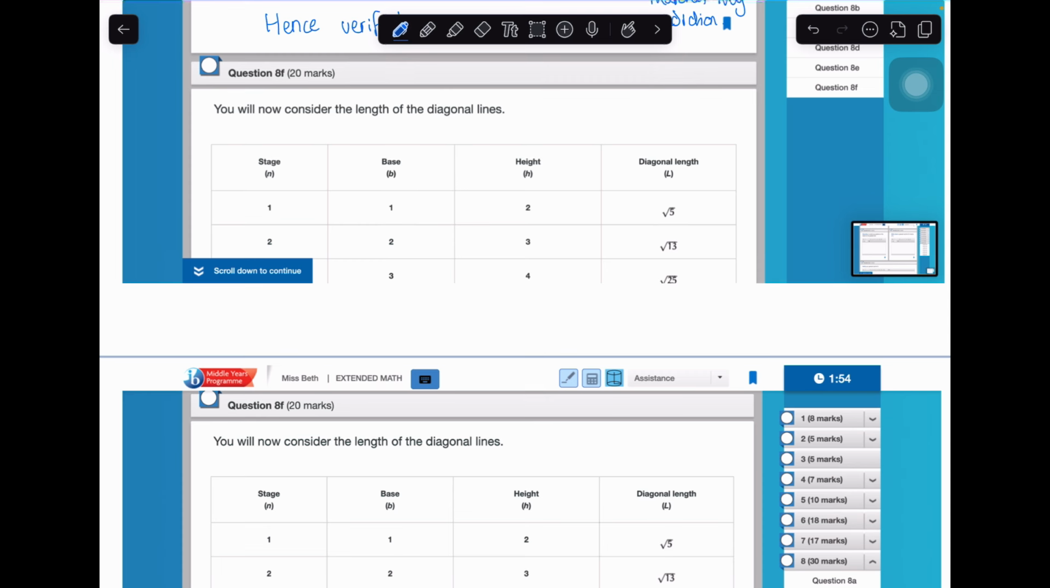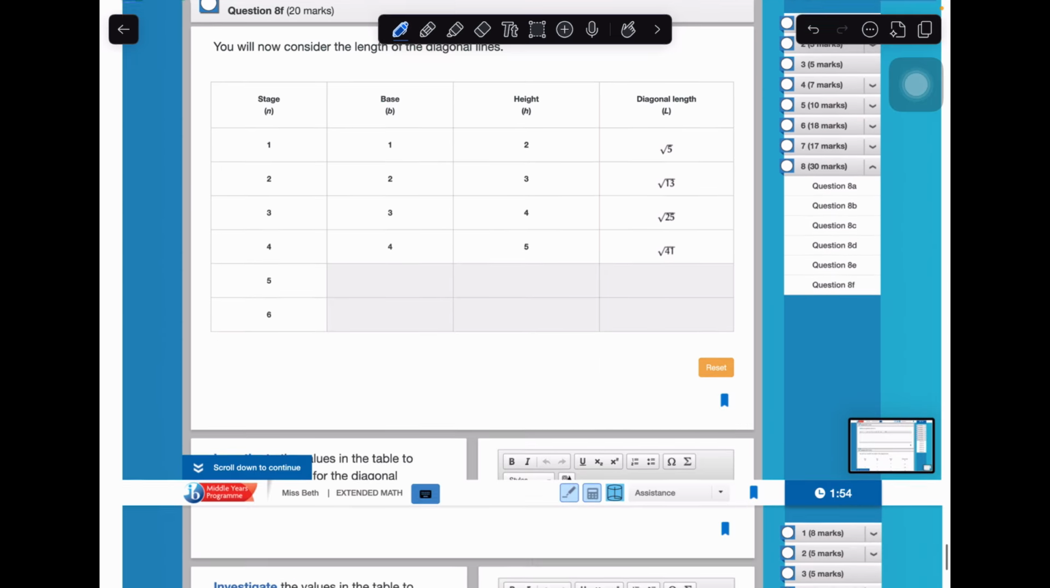You will now consider the length of the diagonal lines. Okay, so you're given another table, so you are going to have to repeat all of the same processes that you've just done in the earlier part of the question. Like the earlier part of the question always guides you through this. Okay, so the first thing to do is complete your table, of course. So 5, 6, 6, 7, and then for your final